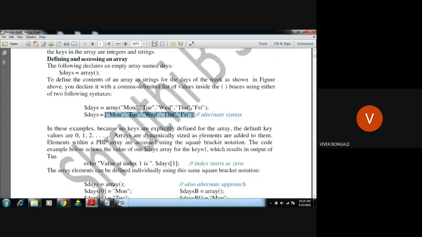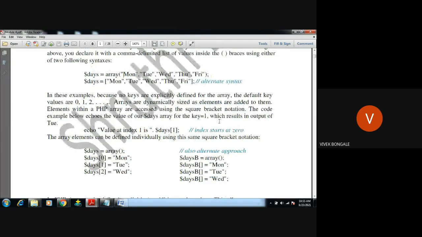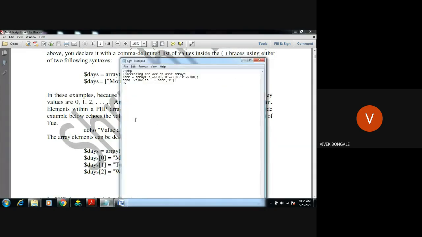In this example, no keys are explicitly defined for the arrays, so by default they start from 0 up to n-1. Then how to access that value? We have seen accessing the value at index 1, and we tried accessing the a value.